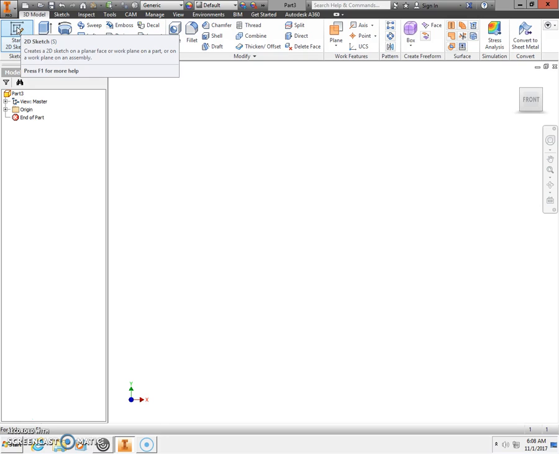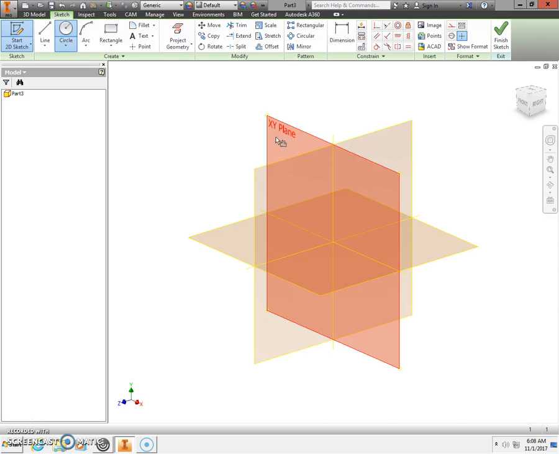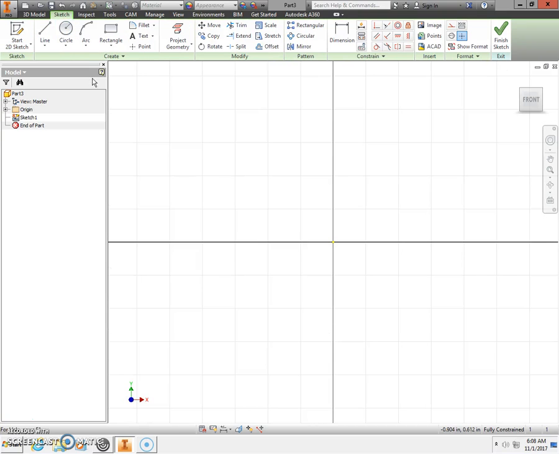We're going to begin with a 2D sketch from the upper left-hand corner of our ribbon. We're going to place that on our XY plane. To draw our ring, we're going to begin with our circle. We're going to start at our origin, wait for you to get a green dot, click, and stretch out a rectangle. This is where you're going to type in the dimension that you got from the circle template you used